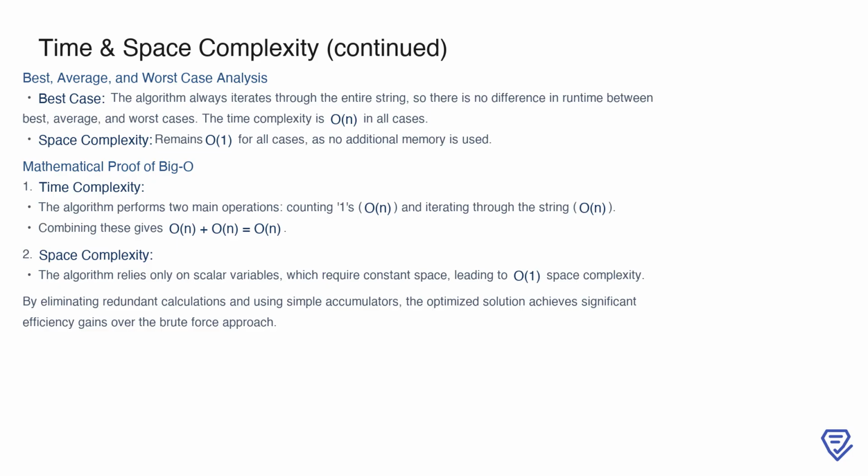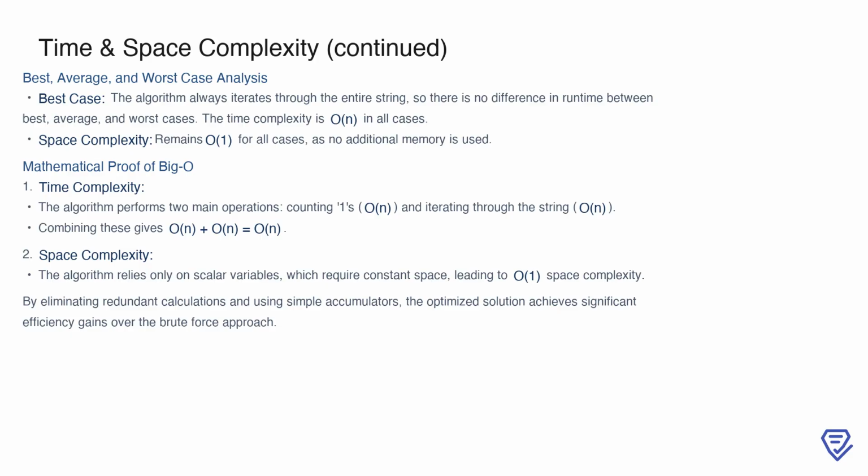This is because the algorithm always performs exactly two passes through the string, one for counting ones and another for iterating through the string to calculate split scores. Similarly, the space complexity remains O(1) in all cases, as the algorithm does not use any additional memory beyond a few scalar variables. To mathematically validate the O(n) time complexity, we note that the two main operations, counting ones and